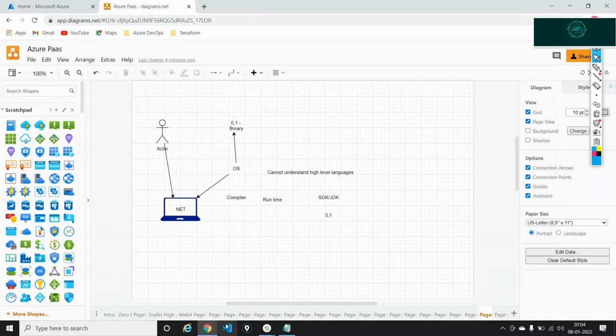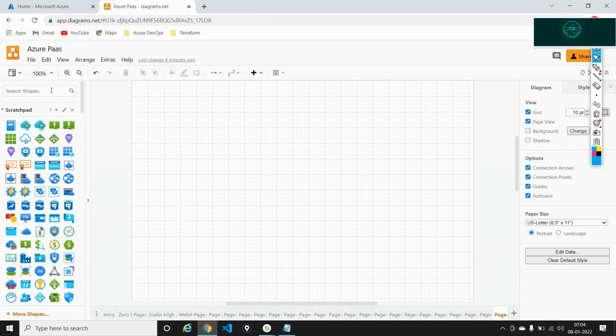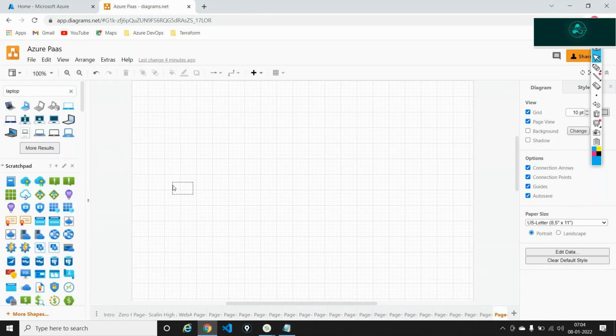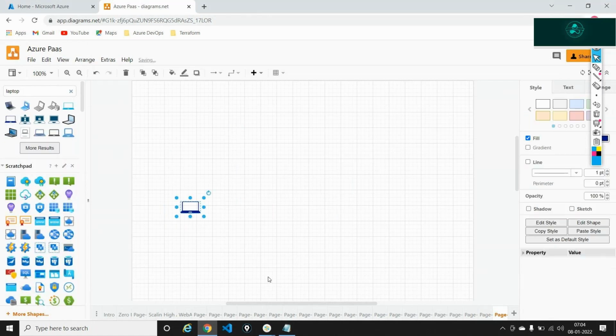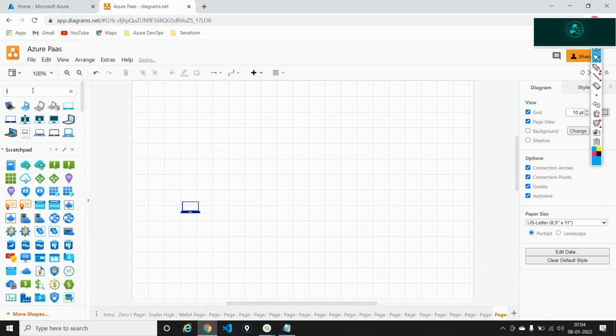So we had our laptop, we had a local machine, and in our local machine we had something called Visual Studio installed. Yes.